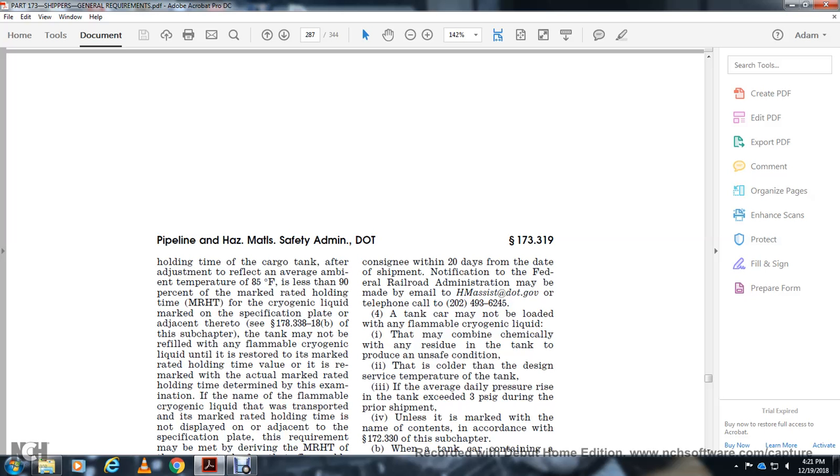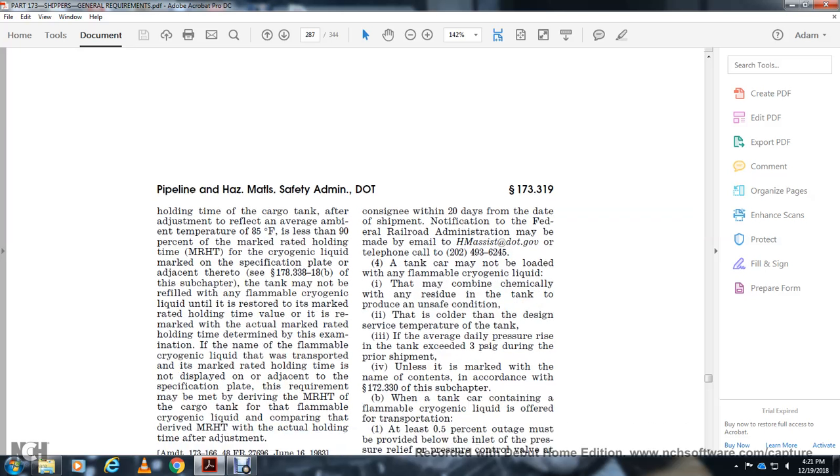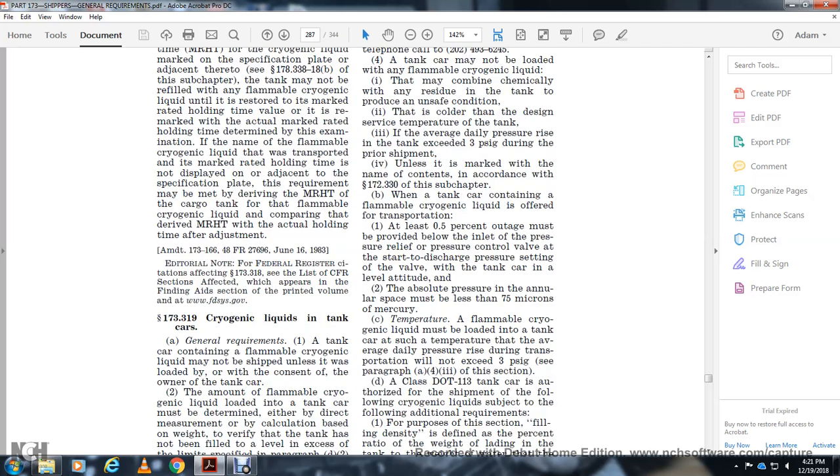Holding time and display with the adjacent specification plane with the requirement may be with the marked rating holding time of cargo tank with the flammable cryogenic liquid, comparing with the marked rating holding time the actual holding time adjustment. 173.319 the cryogenic liquid in the tank with the cover with the general requirements tank with the container with